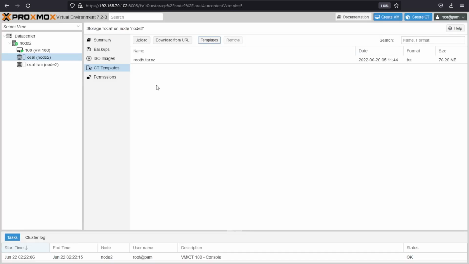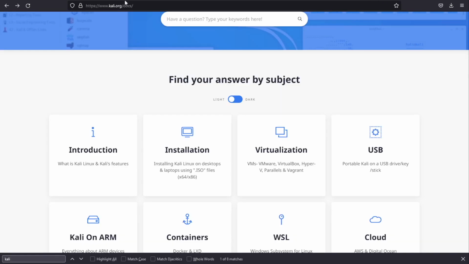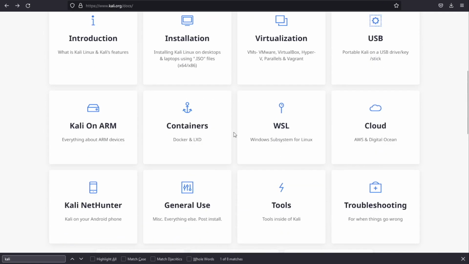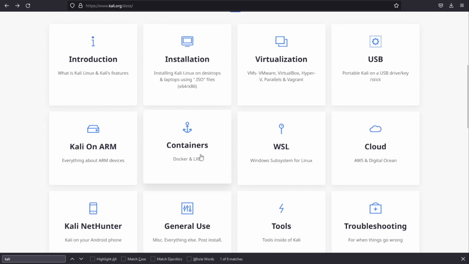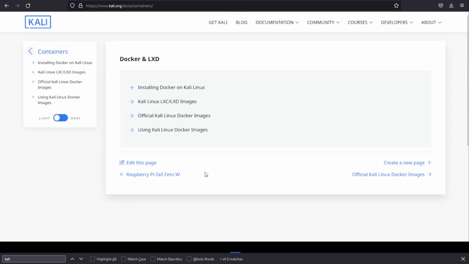So I've been searching for a template for Kali. I couldn't find one. I went to the Kali documentation, which has a section called containers, Docker, and LXD specifically. LXD is a little bit of a variation of LXC, where the Linux containers are run on top of Ubuntu. If you click on it, it says Kali Linux LXC and LXD images. If you click on this,